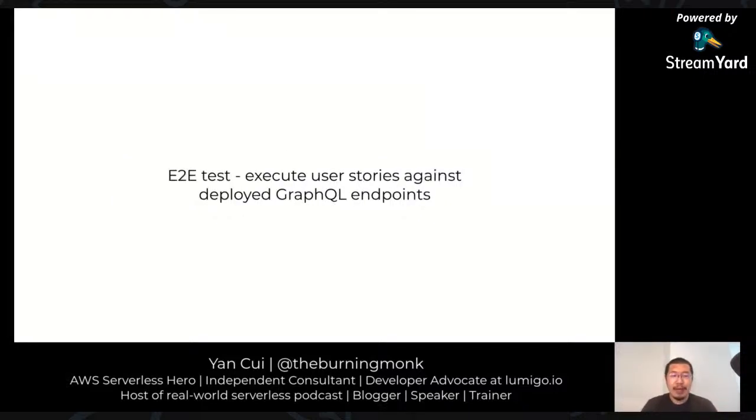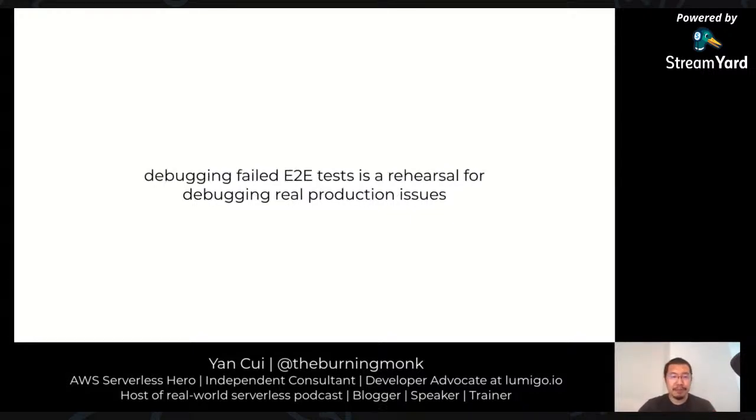tests. And then I also have end-to-end tests that will run user stories, like user comes in, creates an account, creates a profile, does a search, and then joins some other users' activities and so on. And I'll run this against the deployed GraphQL endpoint. So this will always be run after the deployment. And if you have any failed end-to-end tests, then great.